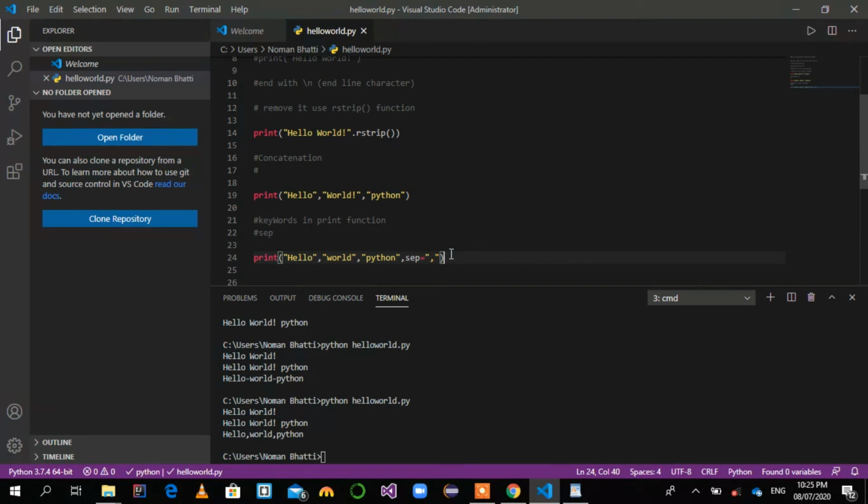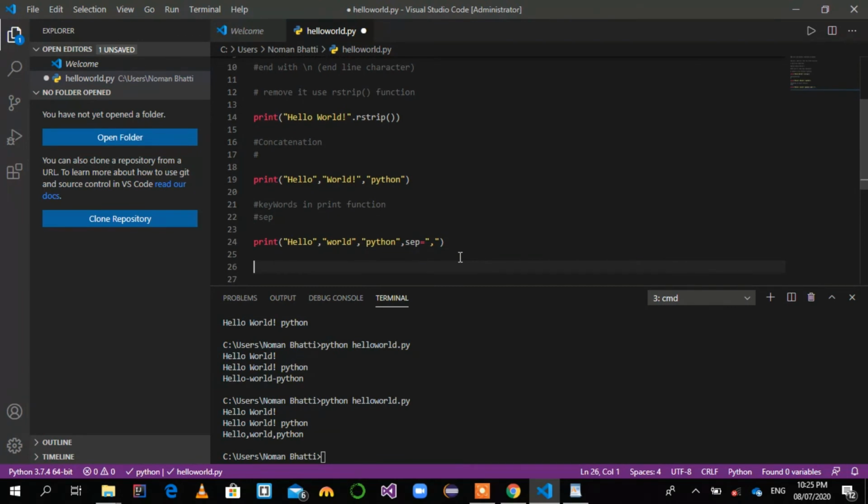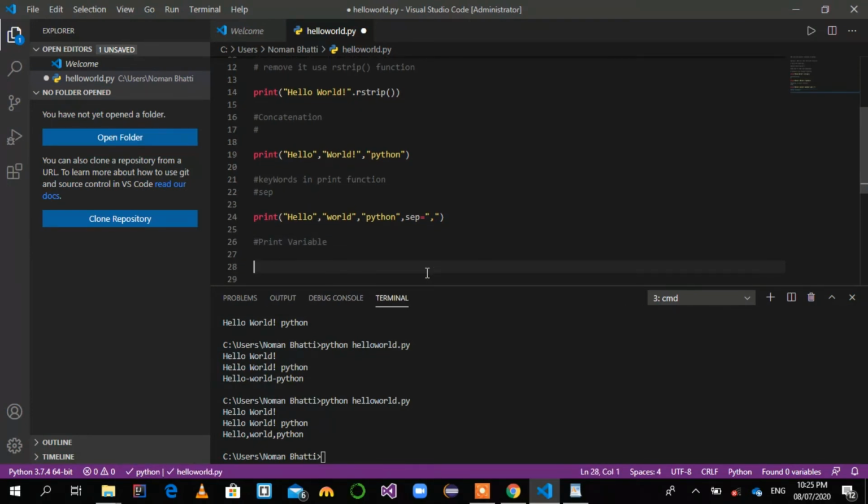Our next step is to use variables. Now we are going to use variables to print. First, we are going to create a variable called name and pass Numan Abid as its value.